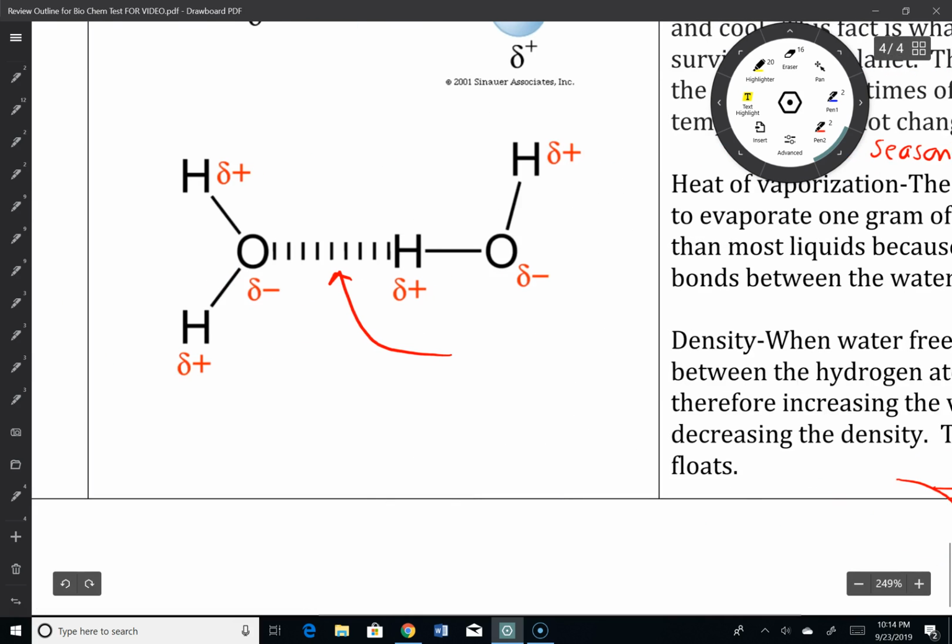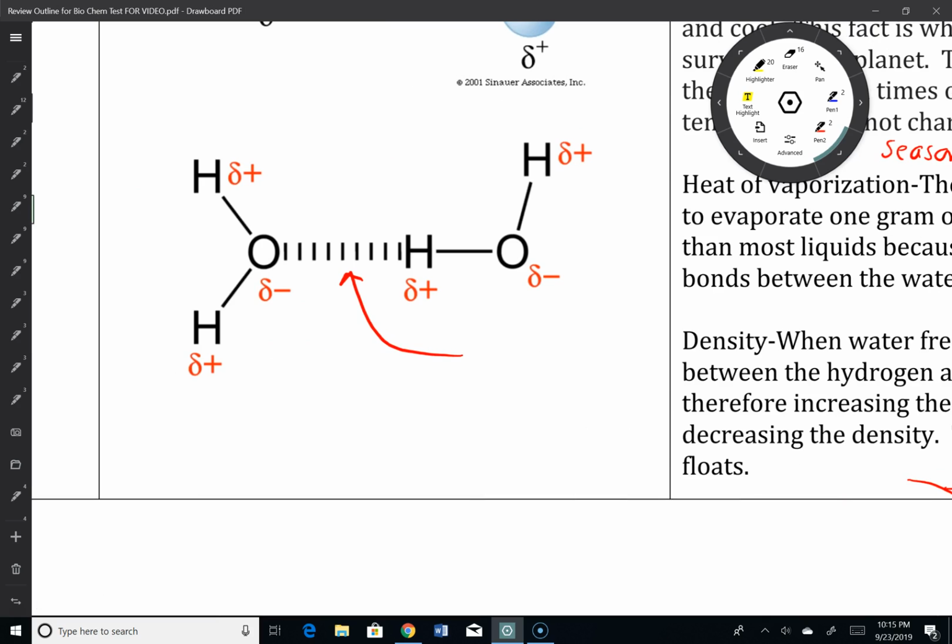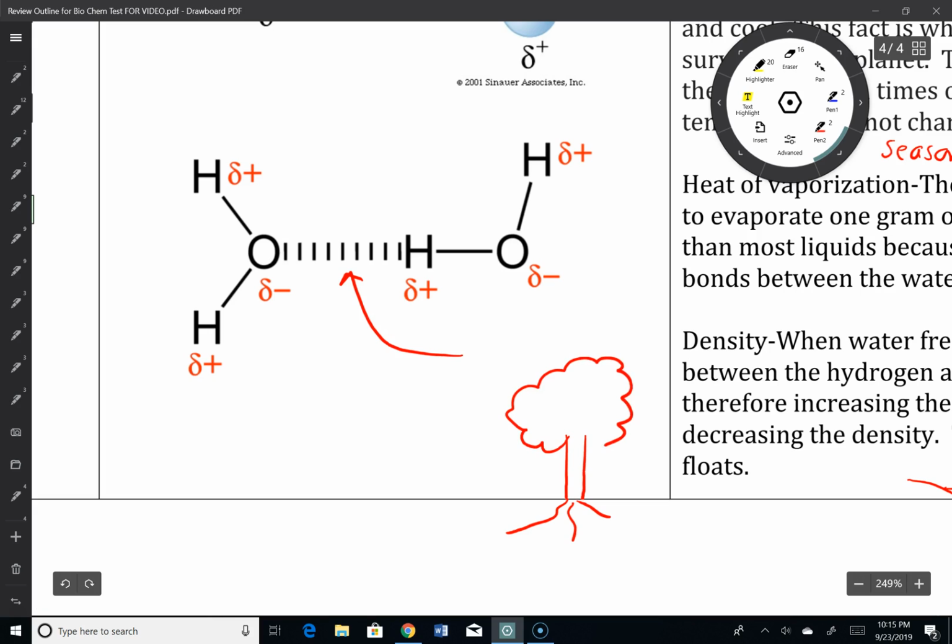And the last thing I'm going to do, I just want to show you how transpiration works. So let's say there's a tree right there, there's the roots right there, there's the leaves right there. So what happens is, let's use some blue, when it rains, water is going to seep into the roots. And you're going to learn that through water tension. I'm sorry, not water tension, water potential. That's your H2O. Now because of cohesion and adhesion, this is going to be allowed to work its way up